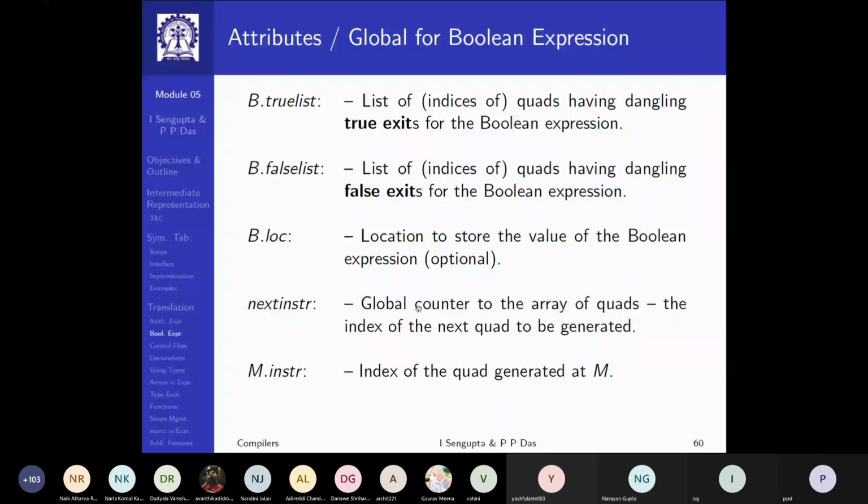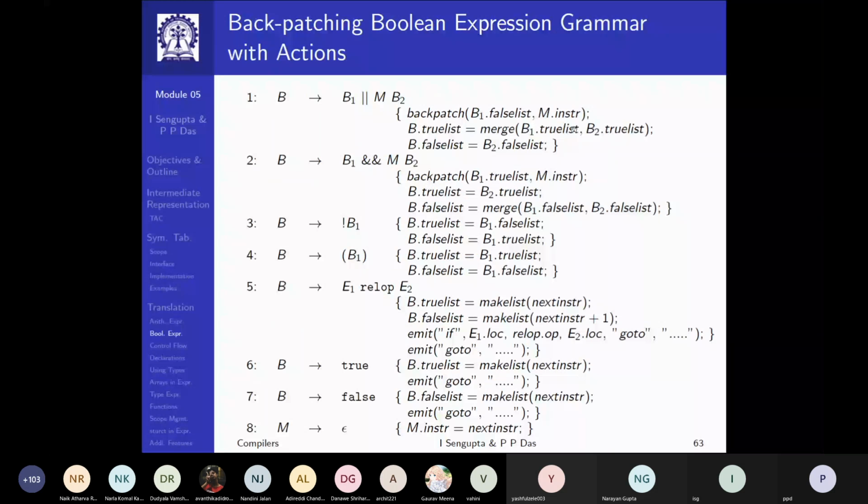So you take that value and backpatch the false list of B1. That is, go over the quads in the false exits of B1 and put the value of M dot instruction, because all of them have to come to this point, which is the beginning of B2. That makes sure that if B1 is false, B2 will get evaluated.